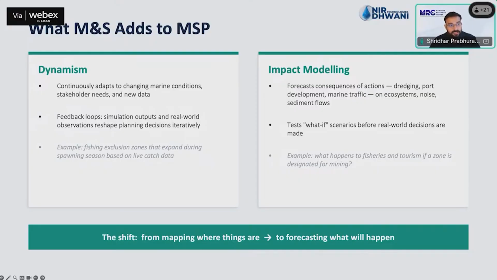So we can essentially see that if there's an increase in sea level rise today, then how does that impact the coastal flooding tomorrow? That kind of dynamism, to be able to adapt to the real-time data, was one thing. And the second thing is the impact modeling: forecasting of different actions, different scenarios,